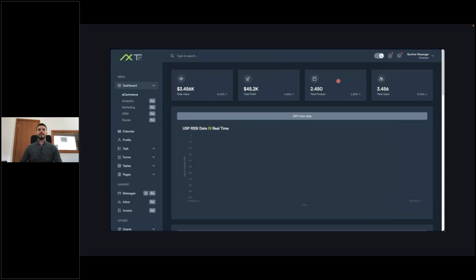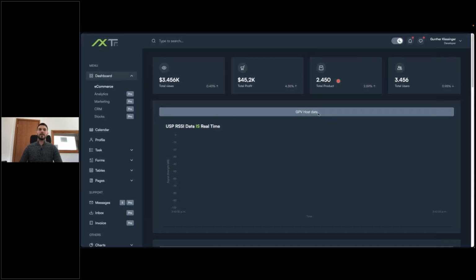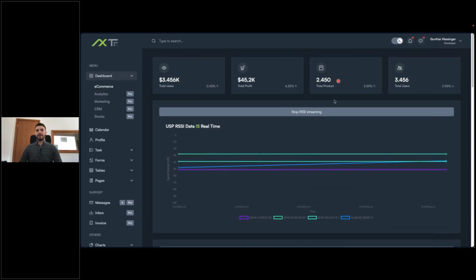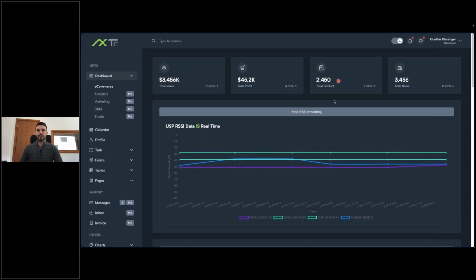And here is just another example, which is more related to Wi-Fi, and it is gathering the information about the RSSI data of the network, the Wi-Fi interface. So here we have 4 devices connected. 2 of them you can see are stationary. Those were our laptops, while with the 2 others we used our phones and walked around to show the difference in the RSSI as we are collecting it.